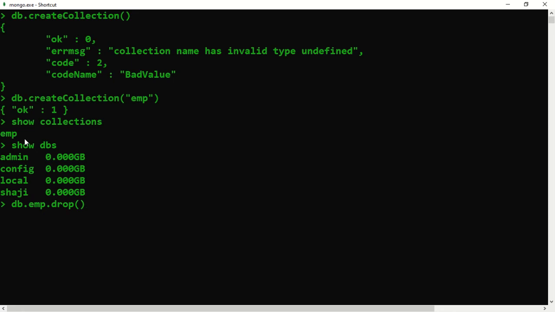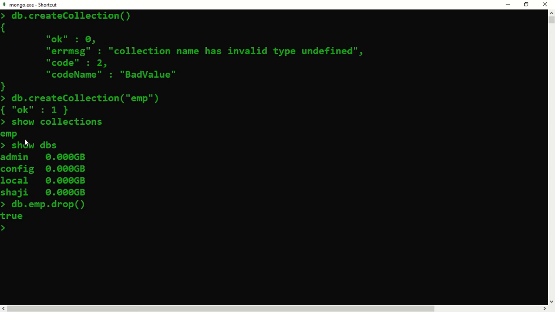The command is db dot emp, the collection name you want to remove, followed by drop, and press enter. Now it says true, which means it has been removed.